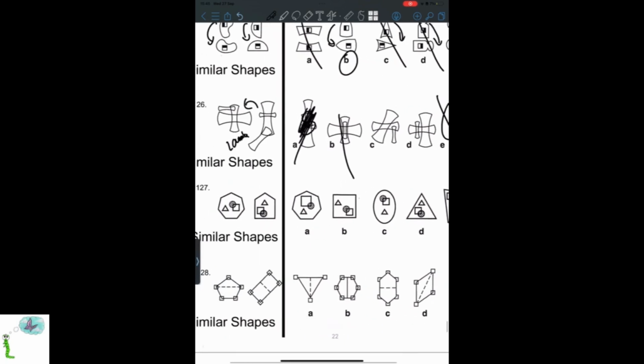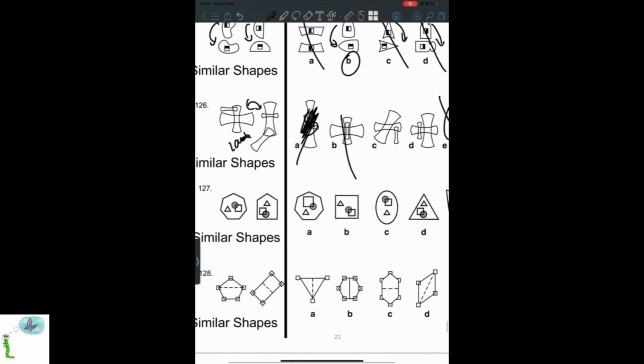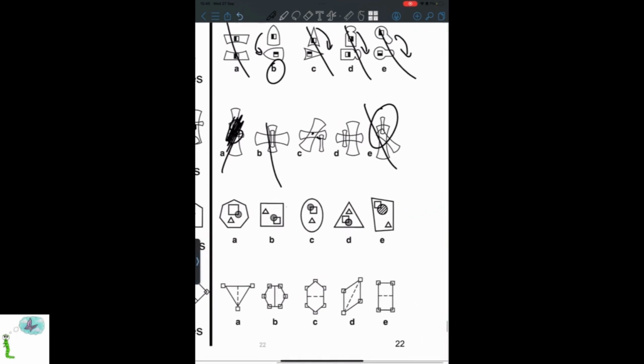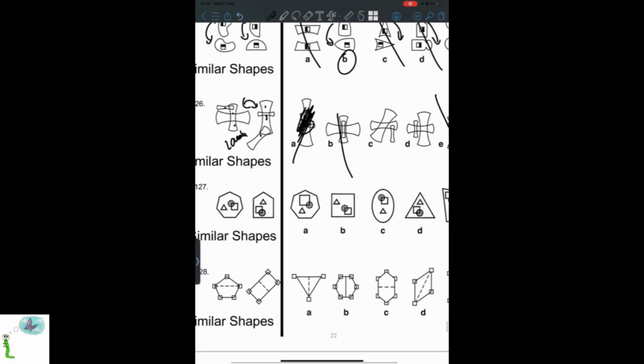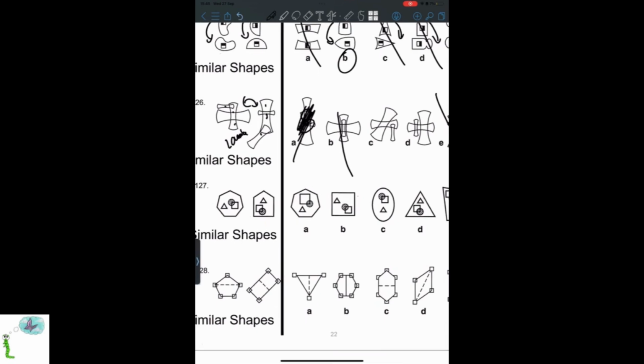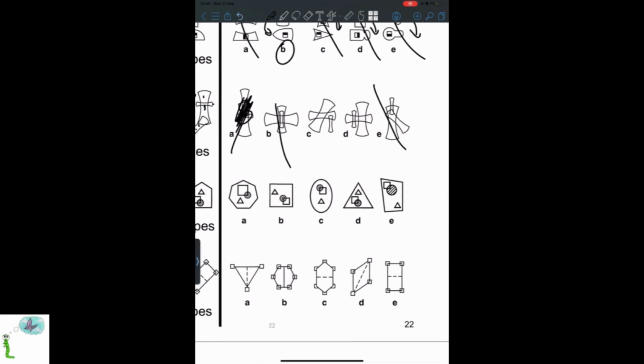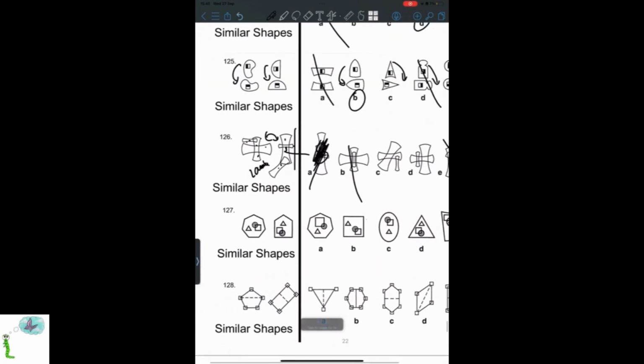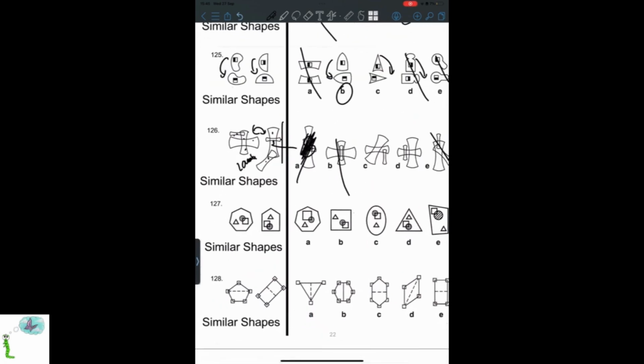But now I have to look for something different. What else can we look at? These all have 3 shapes. These also have 3 shapes. I'd say size we can look at. Small shape, medium, medium, big, big. So it could still be either of them. So it seems like, yeah, well, I think what we'd have to go with is